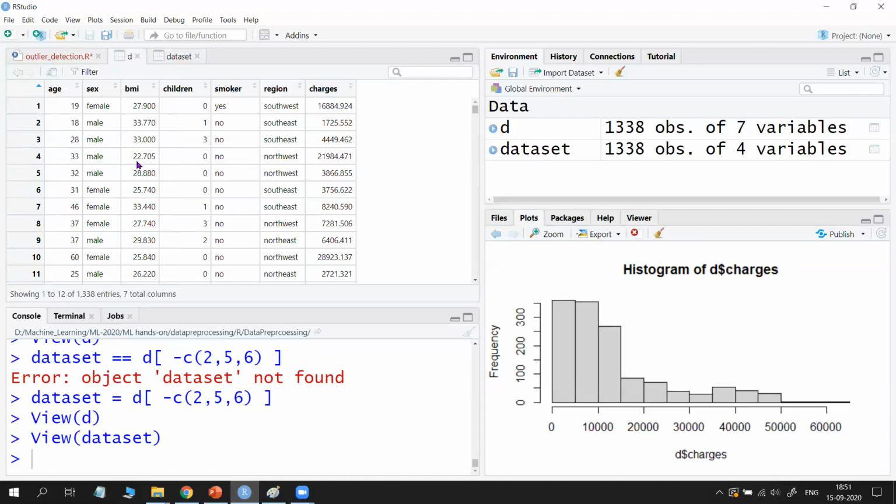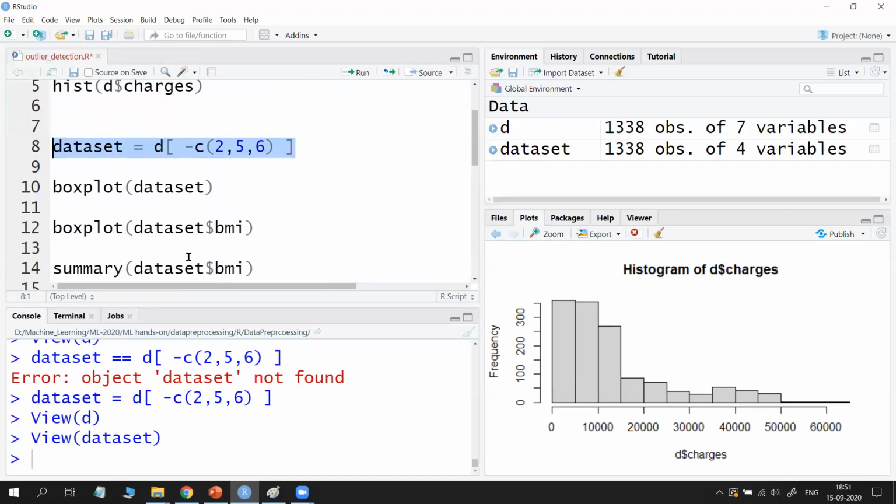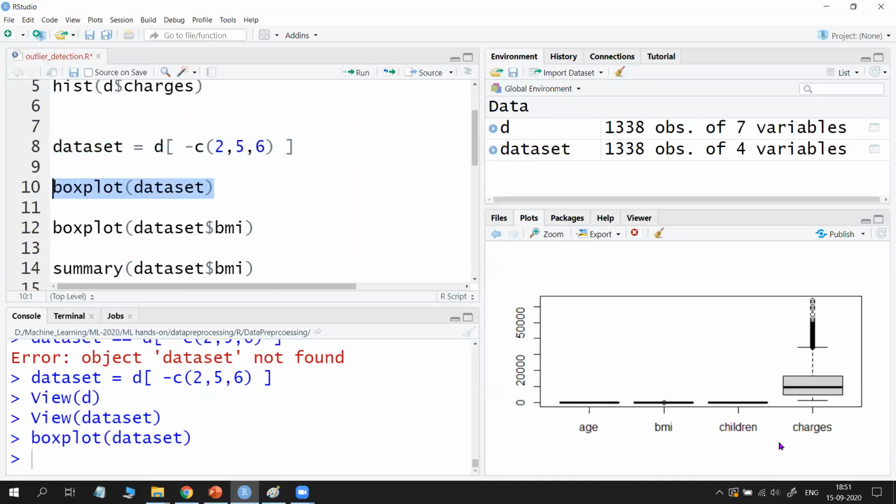So I removed the categorical features. Why did I remove them? For seeing the whole box plot for the data set, because now all of these are numbers. See here, as a whole, age, BMI, children and charges have some outliers.